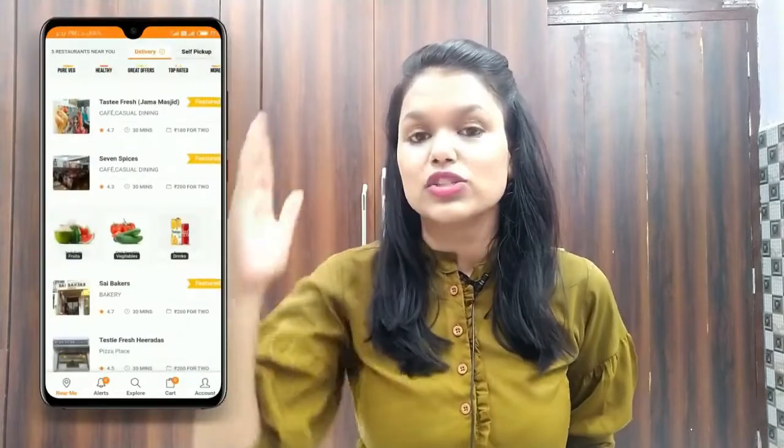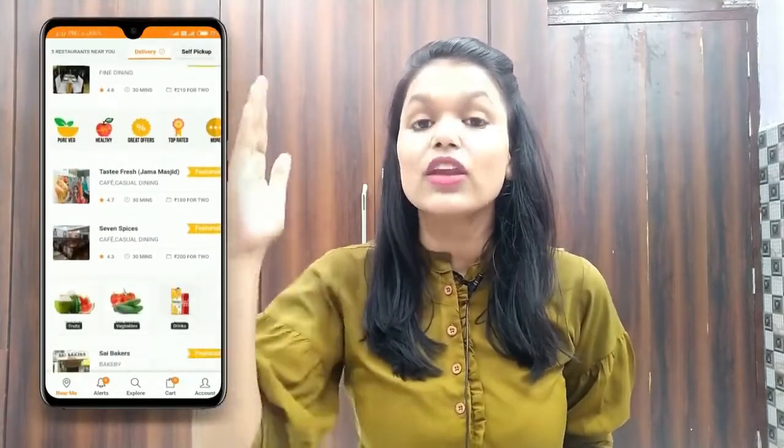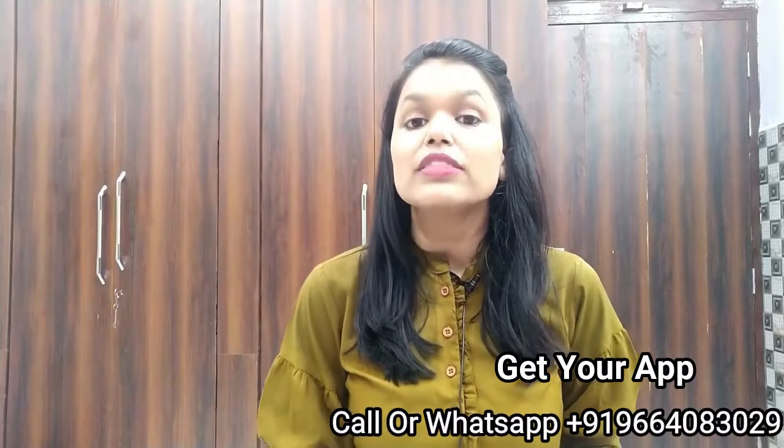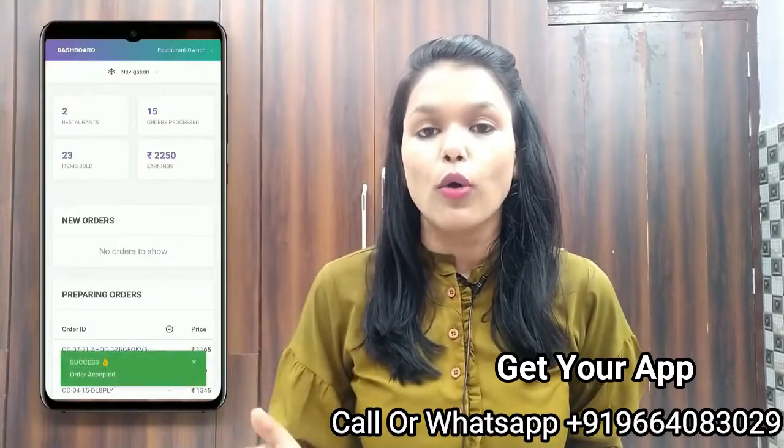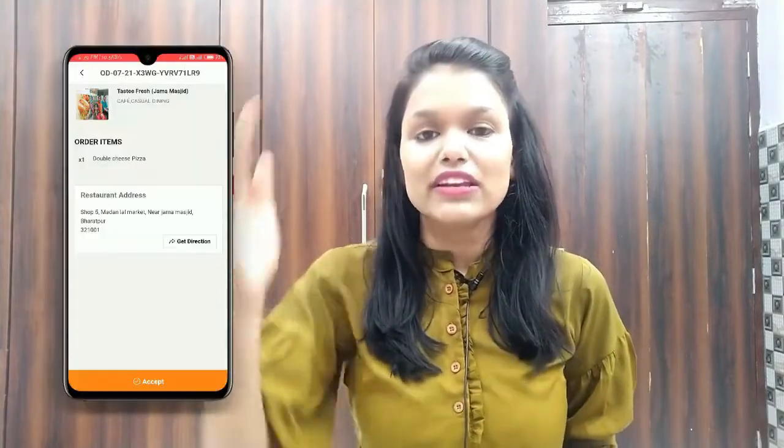that allows you to start a business like Zomato, where your user can see all the restaurants available in their location and they can order from any of the restaurants. The restaurant owner can accept the order and the delivery man can deliver the order, and also the customer can live track the delivery man by using the app. So yeah, let's get started.